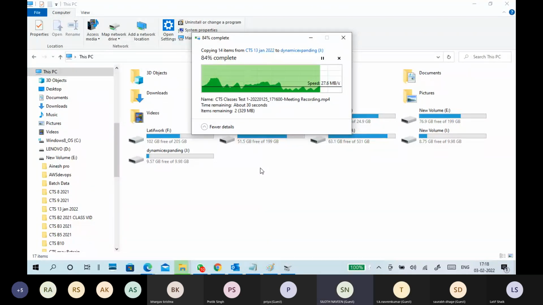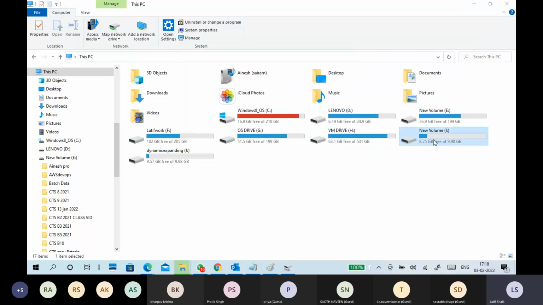Sir, fixed disk also shows the free space, no, sir? Yes, very good. It is showing free space, right? You're asking about this one or this one? Drive, sir. Drive showing free disk space, right?